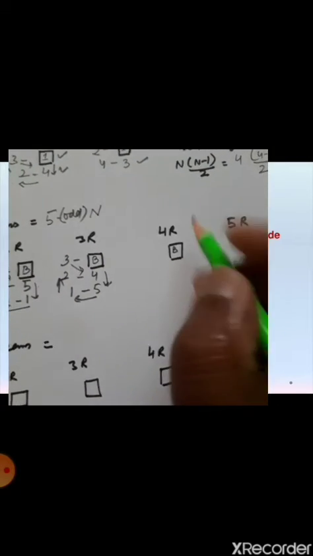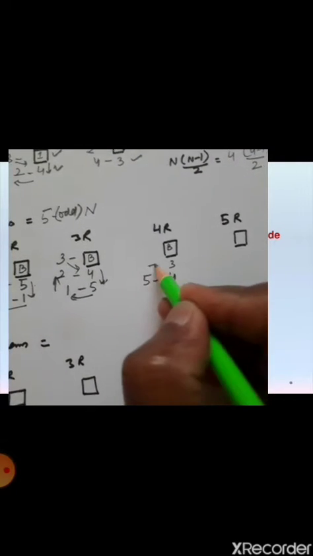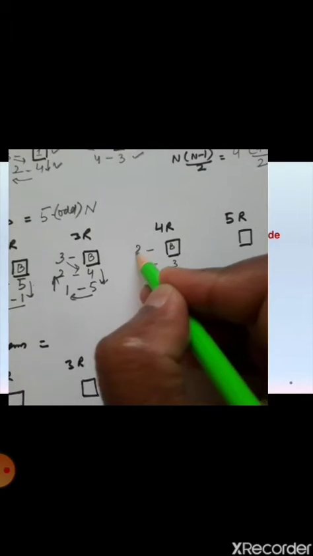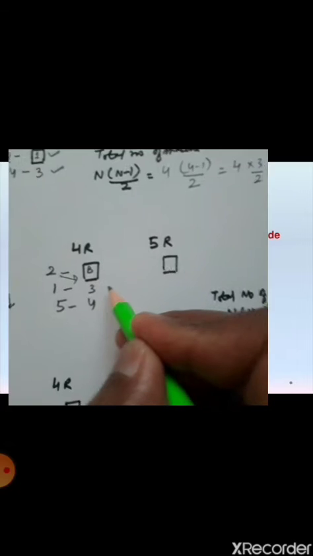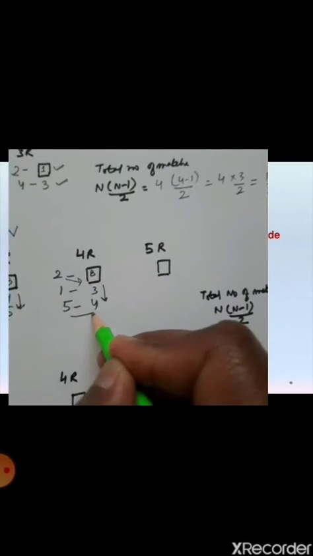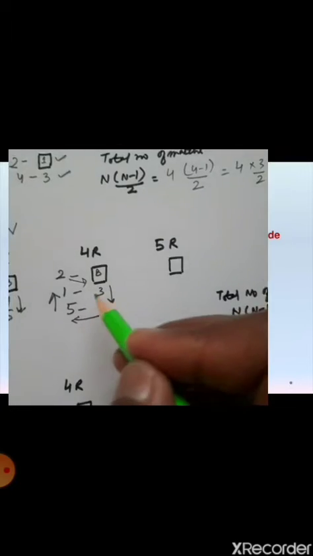Now in the next round again B is fixed here, 3 brought down, 3, then 4, then 5, then 1 and 2. The arrow shows how the team moves in front of the other team.